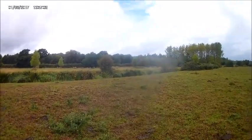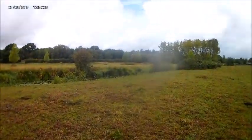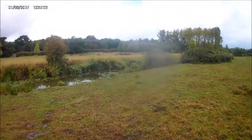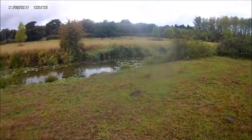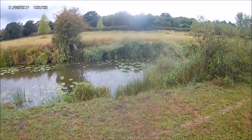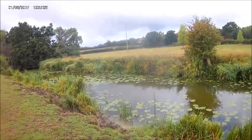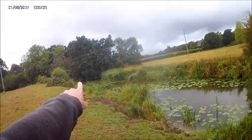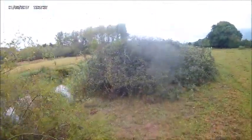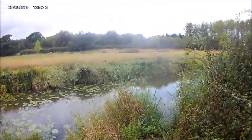But this whole stretch looks really good for bream and tench as well. You know, I should bear that in mind, I'll tell you. There's no problem with going down here, having a look. Look. Down here, fishing up there underneath those trees, but this all looks good down here as well. Got to be fish down there underneath them lily pads. Anyway,